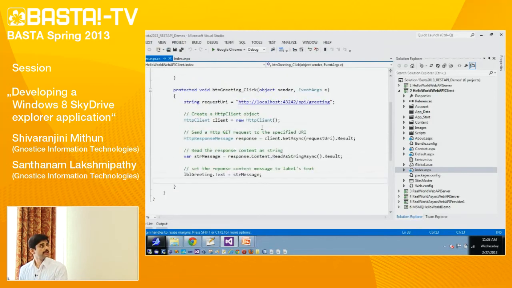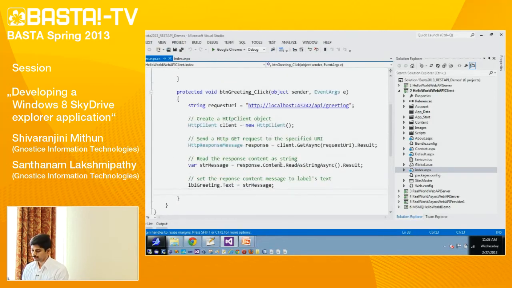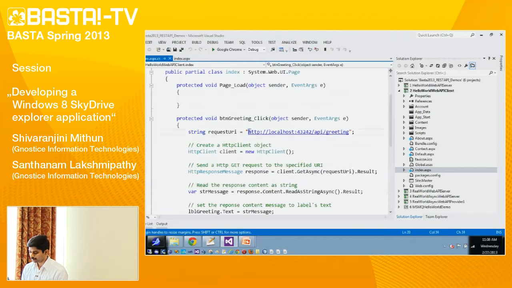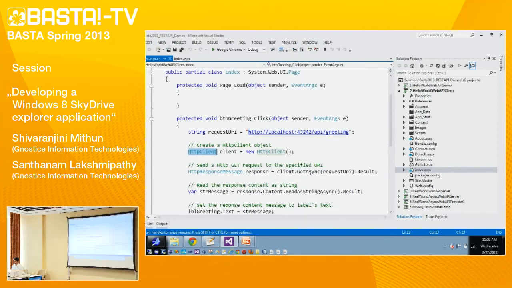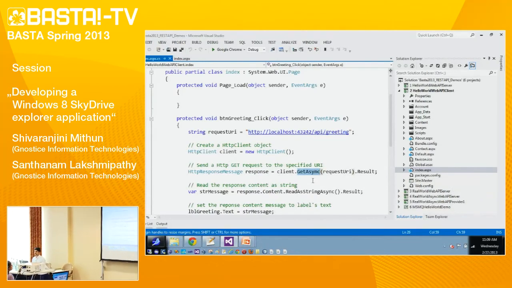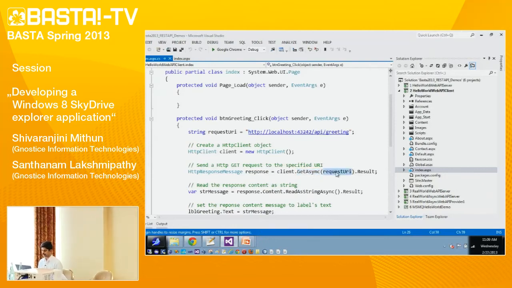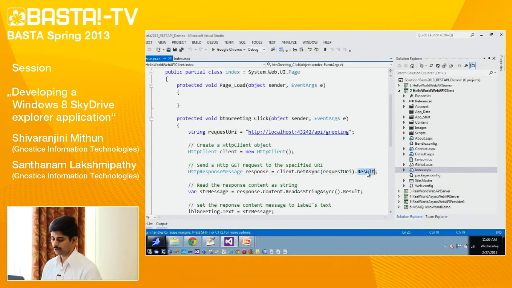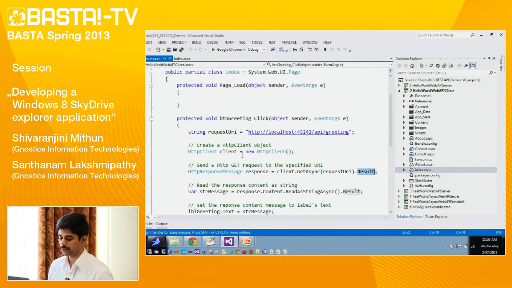I hope you are able to see the code. This is the request URI that we are passing to the server. Here we create an object of HTTP client, and we call GetAsync to send our request. We pass the request URI and wait for the result, which returns the HTTP response message object.